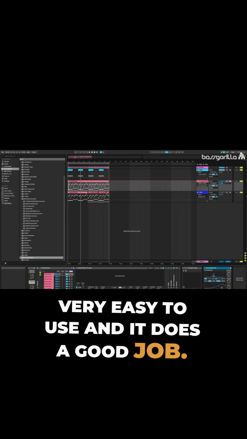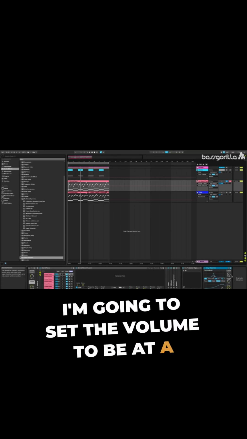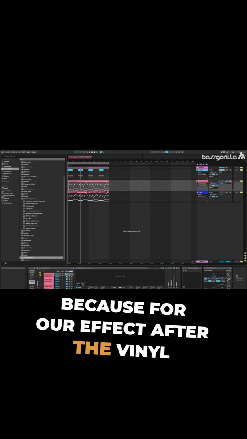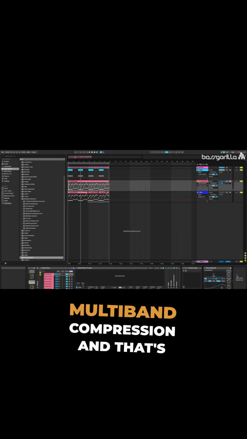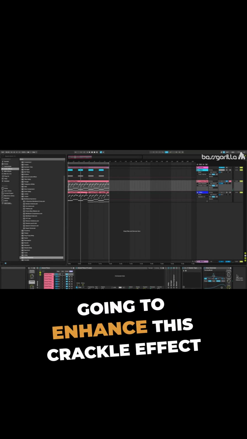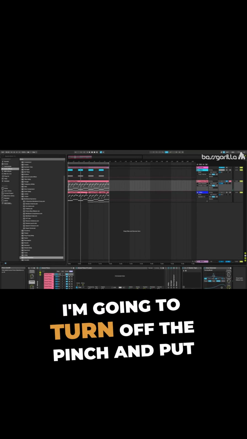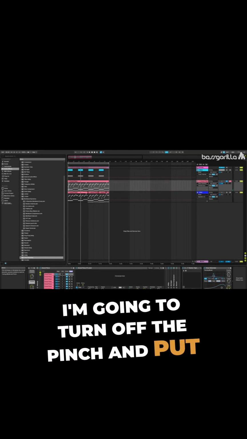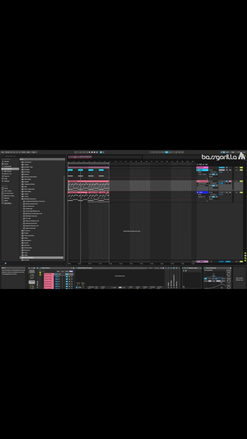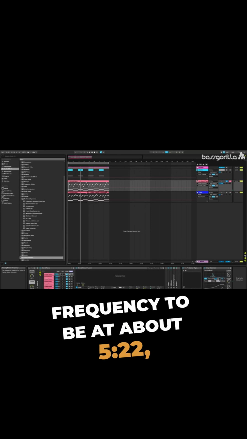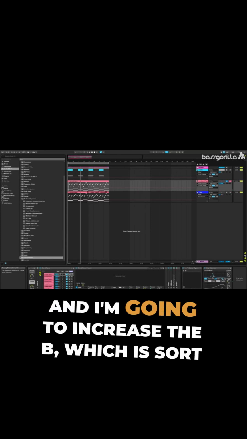I'm going to set the volume to be at a pretty small level, and the reason why is because for our effect after the vinyl distortion, we're going to throw on some multiband compression, and that's going to enhance this crackle effect and make it more poignant. I'm going to turn off the pinch and put the drive all the way down at 0. I'm going to set the tracing model frequency to be at about 522, and I'm going to increase the B,